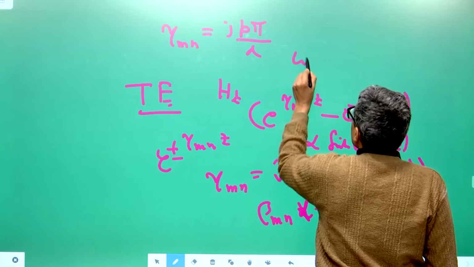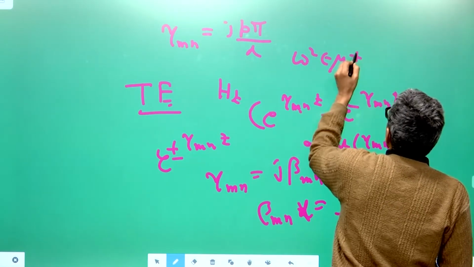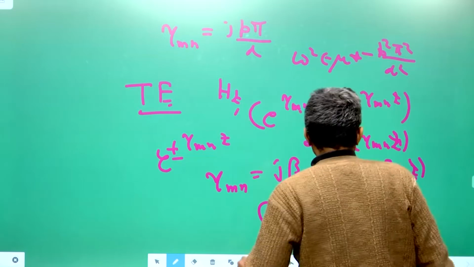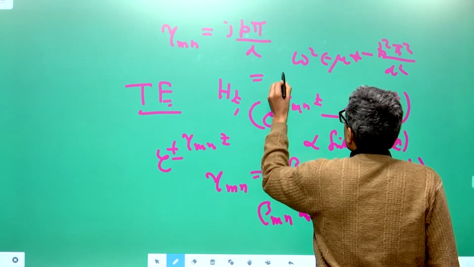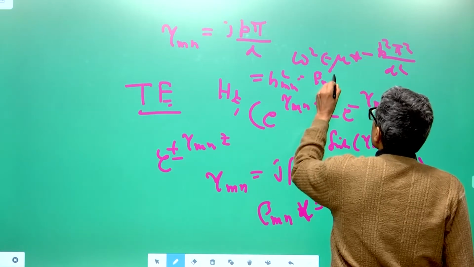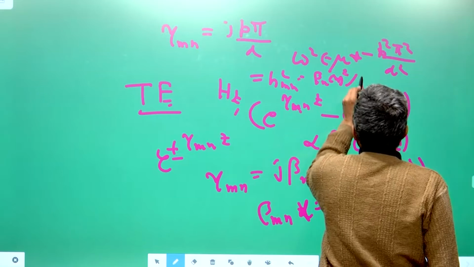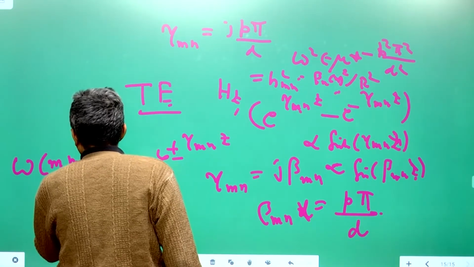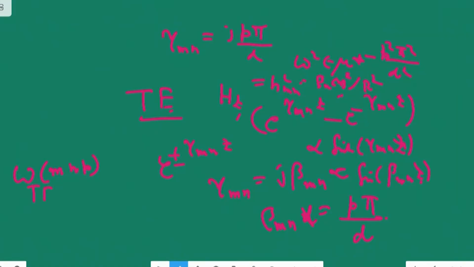And so if you look at the characteristic frequencies, they are determined by omega square epsilon mu plus gamma mn square, which means minus p square pi square by d square. You are talking about the transverse electric case. In the transverse electric case, everything is derived from the magnetic field. So the roots were beta mn, h mn square. h mn square was nothing but beta mn square by r square, where beta mn were the roots of the derivative of the Bessel function. So the possible frequencies of oscillation for a transverse electric mode are m and p. The possible frequencies of oscillation within the waveguide, within the resonator cavity, are 1 by root epsilon mu multiplied by beta mn square by r square plus p square pi square by d square